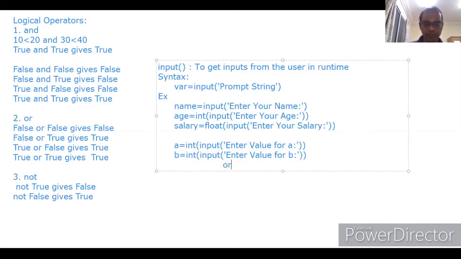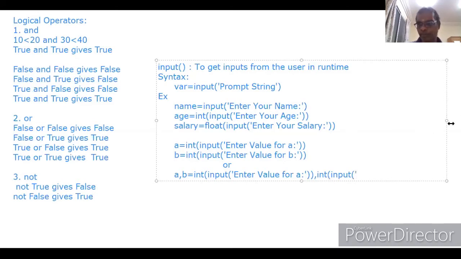Or, a comma b equal to int of input, "Enter value for a", again comma, then int input, "Enter value for b".